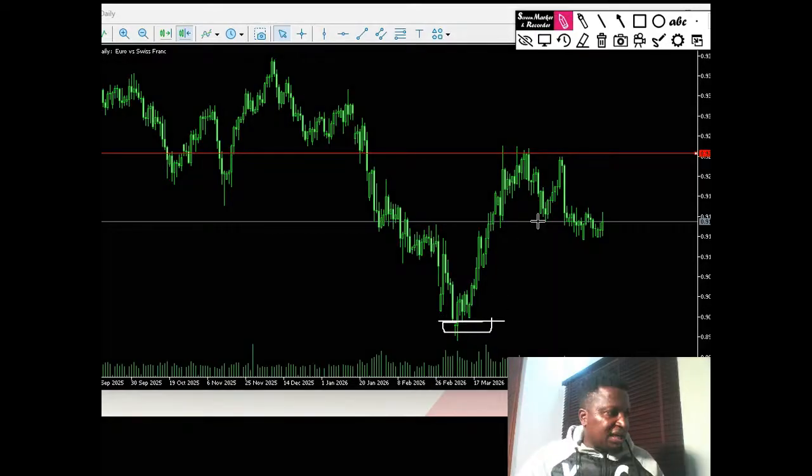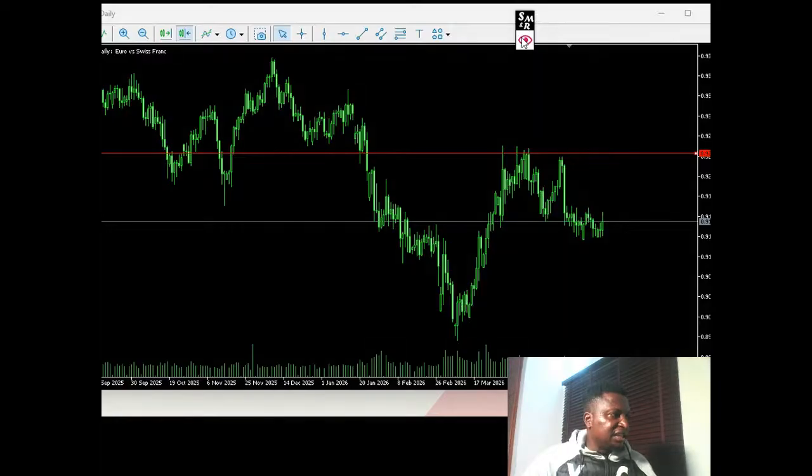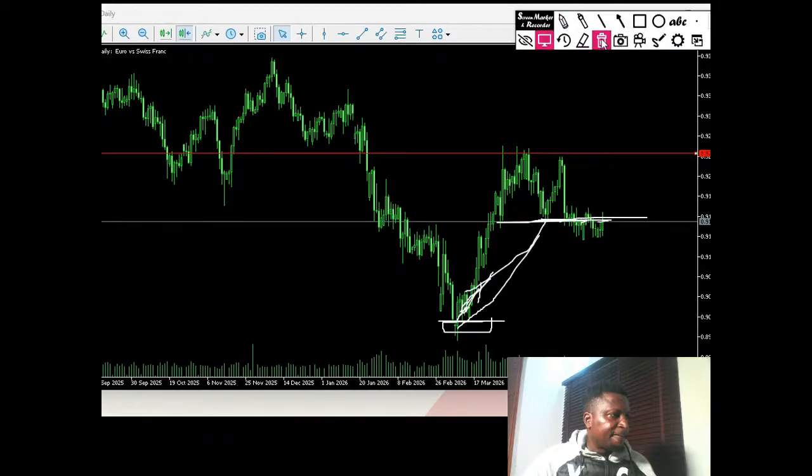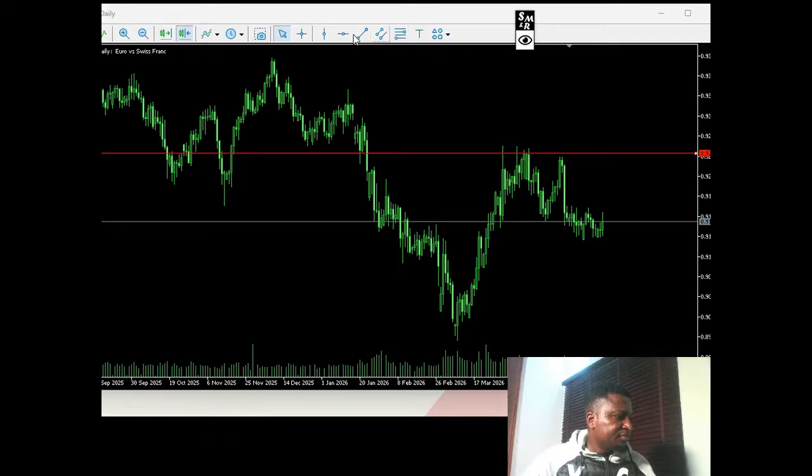Now, there is something I would tell you here so you pay attention. Anytime you see price break through a support, what you should be looking for is the next support after the level that price broke through. So let's see if that place is a key level. I mean here. If we go back,